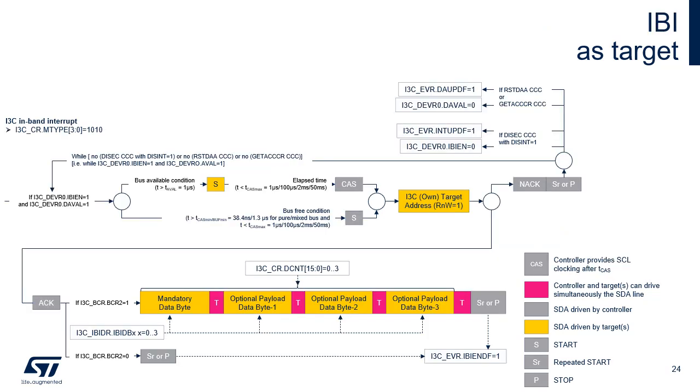This figure illustrates IBI, in-band interrupt, transfer as it's communicated on the I3C bus and as it's programmed when acting as target. IBI is enabled when IBI EN bit is set to 1 and the target was assigned a dynamic address, which is confirmed by DA-val bit set to 1. In the upper right part of the figure, the IBI is masked due to either the IBI target event disabling